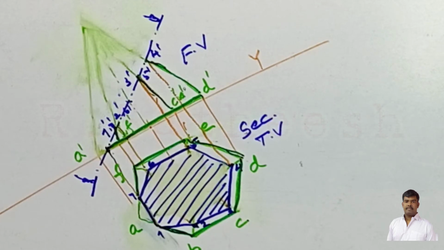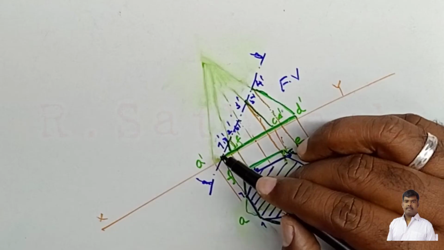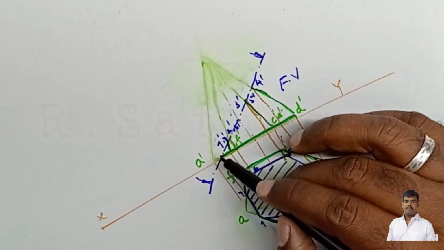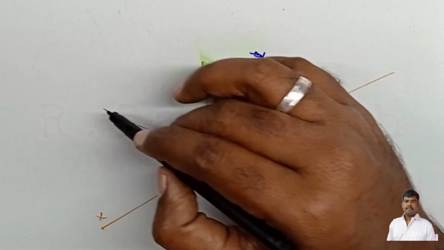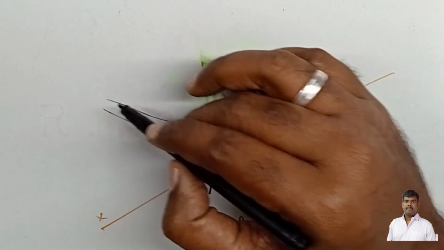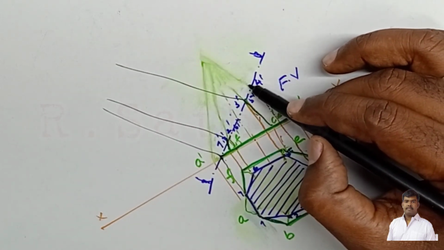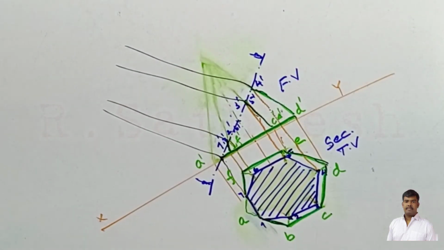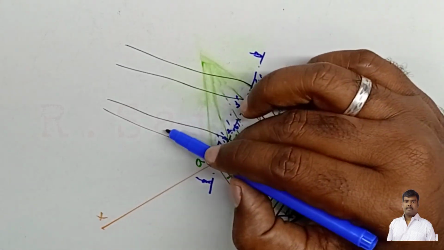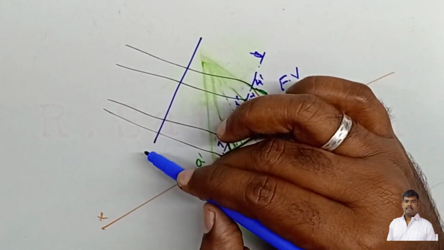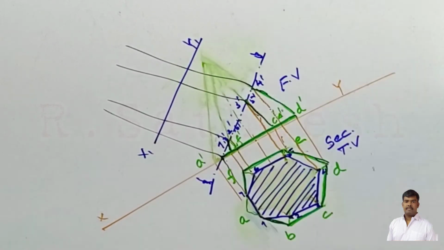Therefore in a truncated solid, the true shape and the sectional top view, that cross sectional area, are not the same. Therefore the true shape you want to draw separately. How to draw the true shape: you draw lines perpendicular to the cutting plane from the cutting edges. So 1 and 7, 2 and 6, 3 and 5, 4. After that, immediately you draw a line parallel to the cutting plane. So this is considered as the x1, y1 reference.